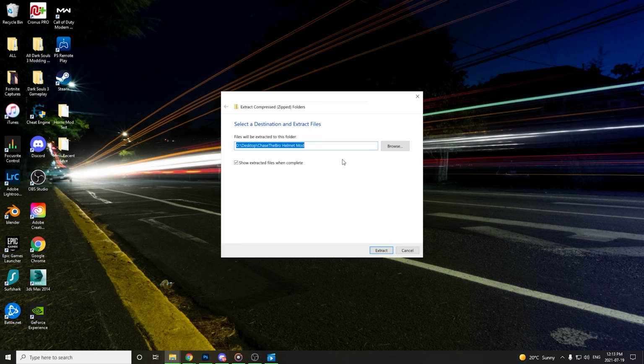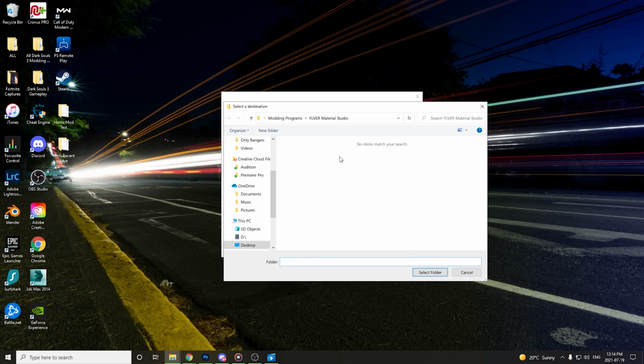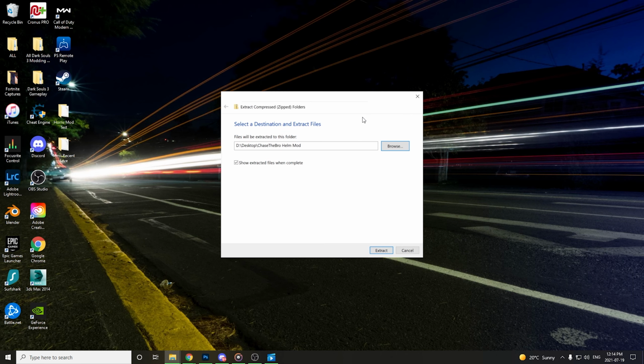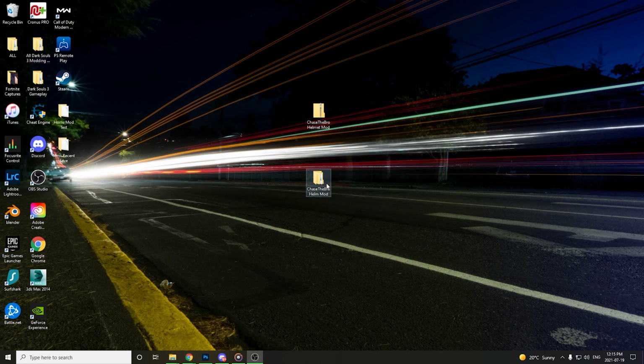then it's going to ask you where you would like to extract these files to. You can just create another folder on your desktop or wherever is most convenient for you. I'm going to hit browse, and you can see I've already created another folder on my desktop right here. Just going to select it and then hit extract. Then, as soon as that's completed, you should see that that folder, wherever you put it, has now populated with